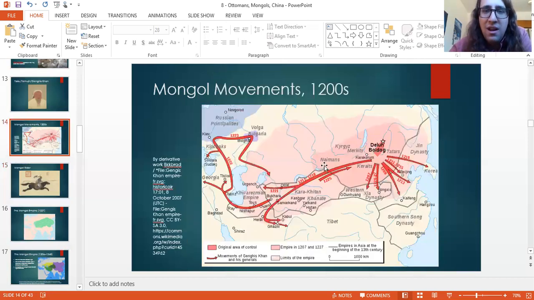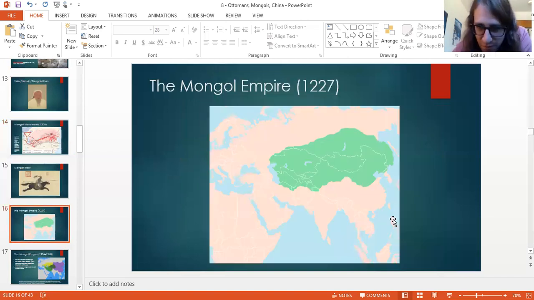Look at how they're going here. And this is happening in the 1200s. So we're a little bit before the Ottomans are around at this point. So we've gone back a little bit to fill in, but we're going to put the whole picture together as we go here. So in the 1200s, Genghis Khan and his generals were just spreading out and taking out one city after another, after another, after another. And look how far they got. Basically, the whole of this Russian Chinese plain here, the Mongolian plain, the area in between those regions here. Basically, they conquered Asia, or most of Asia anyway.